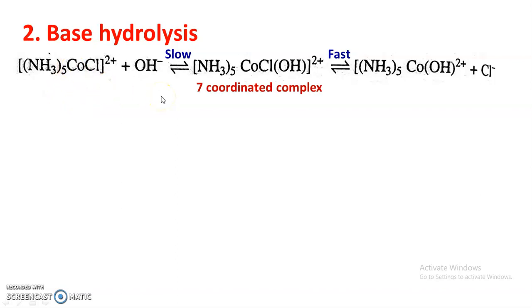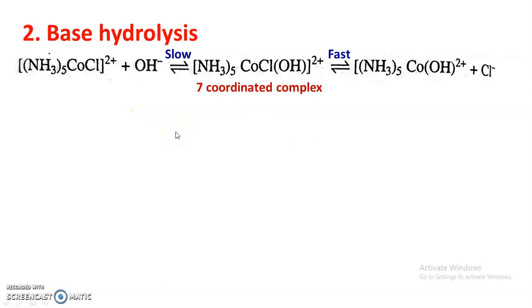When it is treated with dilute base, slowly there is a formation of a 7 coordinated complex where cobalt is attached to 7 ligands, that is 5 NH3, 1 chloride and 1 hydroxy ligand. And this 7 coordinated complex is highly unstable. There is a breaking of the cobalt chloride bond and we get the desired product. Here overall there is a replacement of chlorine by the hydroxyl group, and this is the example of base